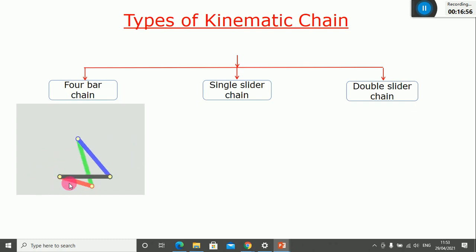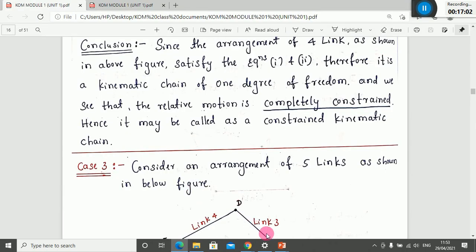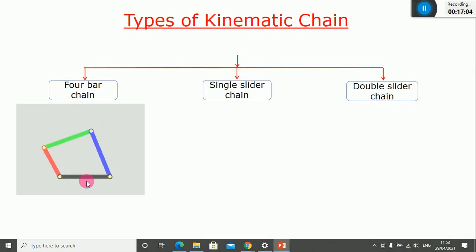And the black color one is a frame. It is a fixed one. And between this crank and this rocker, there is one more link, that is the green color. It is known as a coupler or connecting rod also, you can say. It is having a combination of a linear as well as a rotary motion, means it is moving forward also, and it is having a rotary path also. So it means all the links are restricted to a certain path. They are tracing the same path.